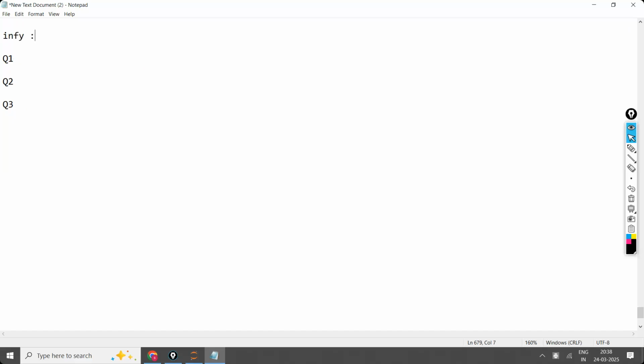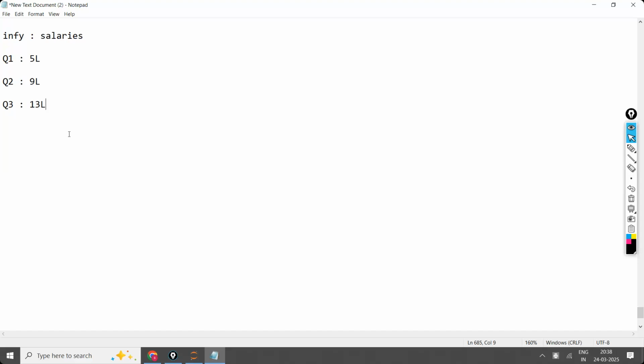Infosys is the company. In that, the salaries of the people, around 10,000 people are working, or 1 lakh people, or 50 lakh people. Forget about the quantity. If their Q1 value is 5 lakhs, Q2 value is 9 lakhs, and Q3 value is 13 lakhs, obviously when compared to Q1, Q2 should be big only. In ascending order, the next number will be bigger, followed by the next number.